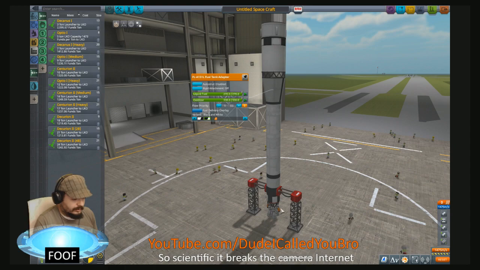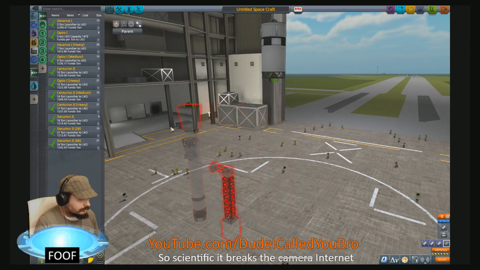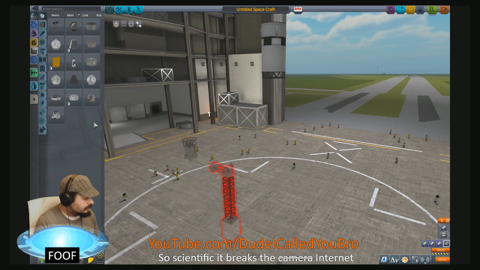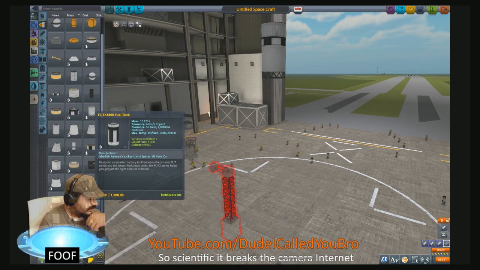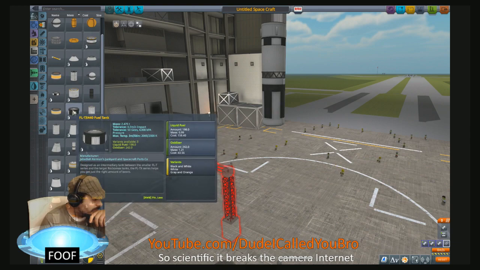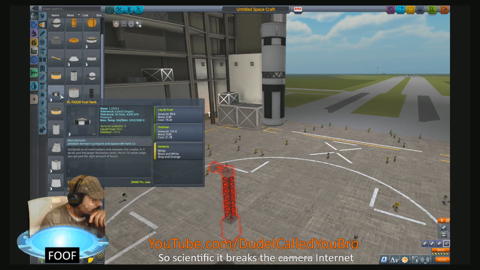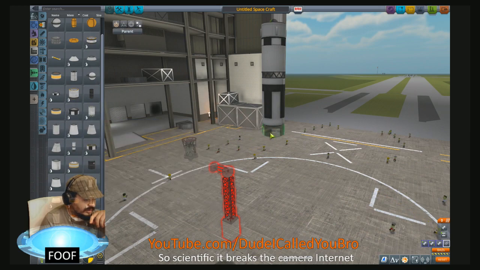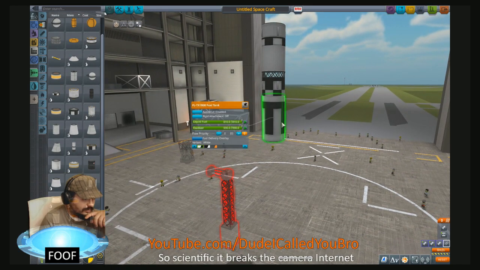$11.25 fuel. So just real quick, I could make something cheaper for this. Minus 810, 315. So that would be... 315 really would be like one of these and one of these. So that would be